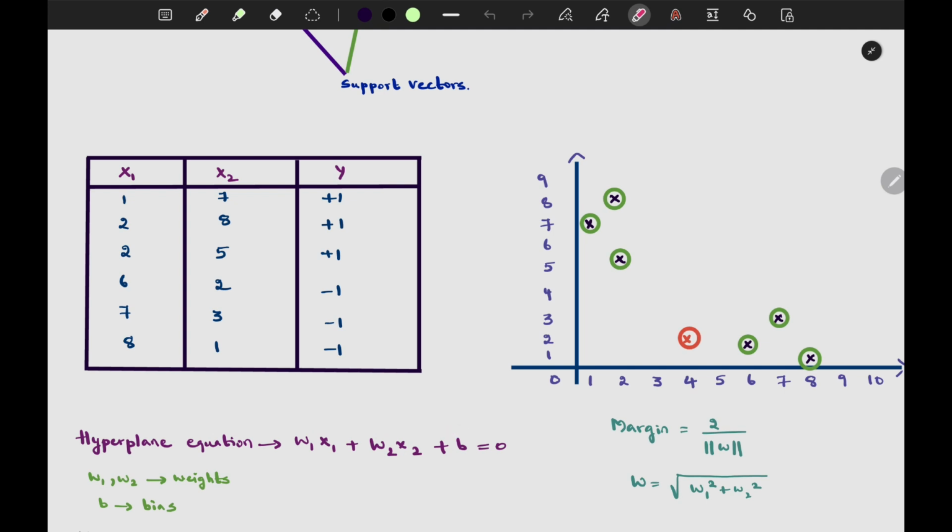But you will be thinking we will be having multiple values for the weights. For w1 and w2 I can have multiple values like 1, 2 or something like 0.8, 2 or something like 4. So I can have multiple points. But how to know which is the best point, or the point which can make the best hyperplane?